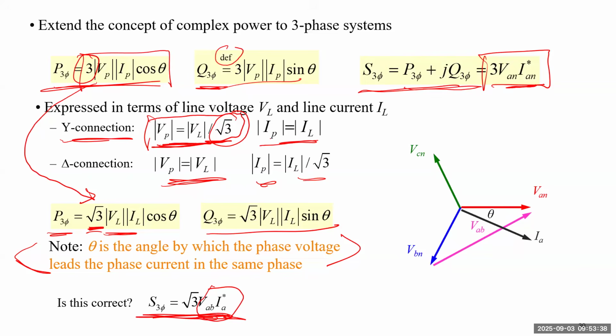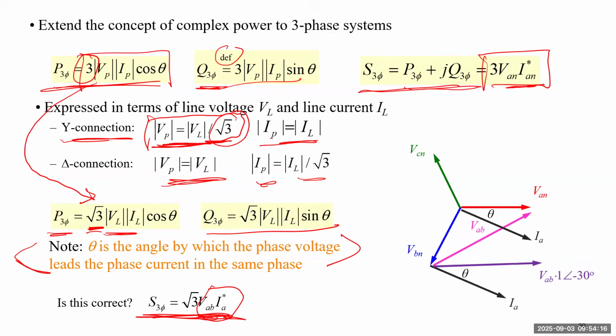Let's draw the IA. IA is the current, which is lagging voltage by theta angle. So this is the current. And what is the angle difference between VAB and IA? We need to move this phasor here, but keep it parallel and the same length. We just move the end of the IA from the origin to the head of Vbn. So now you know the angle difference between VAB and IA will be this angle.